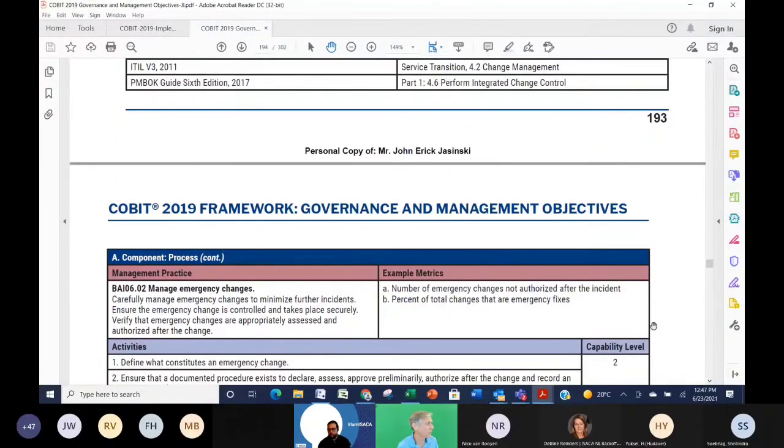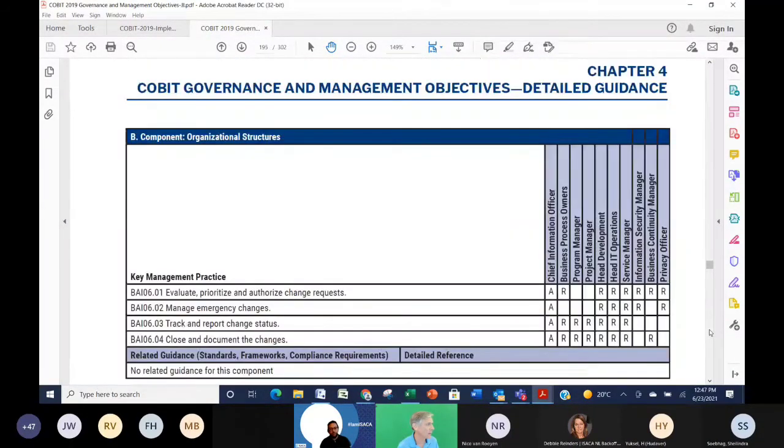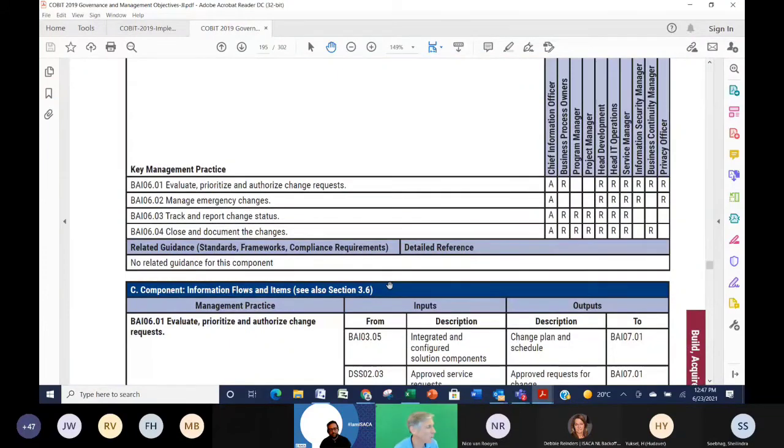Let me go further down. So relative to your question about what we have, business as usual, and then I have some other things, I compare it to this list of 4 management practices. Now I can bring this content in and say, I want to run an improvement initiative